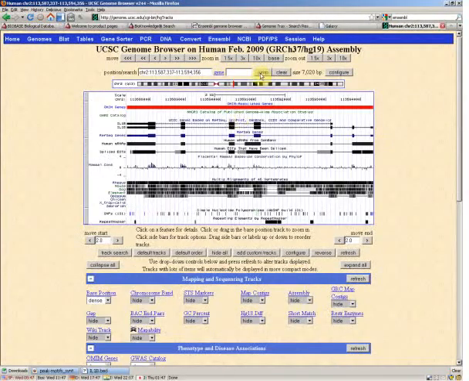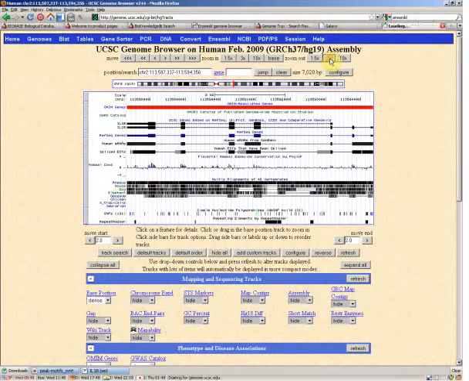Just type it in here and say jump, and we'll jump right there to interleukin 1b. And you can see the whole width of the window at the moment is filled with the genome sequence that makes up this gene here, RefSeq gene for interleukin 1b. So we want to look at the promoter region. You see these little arrows going in this direction, which says it's on the negative strand. So the promoter region will be to the right of this,